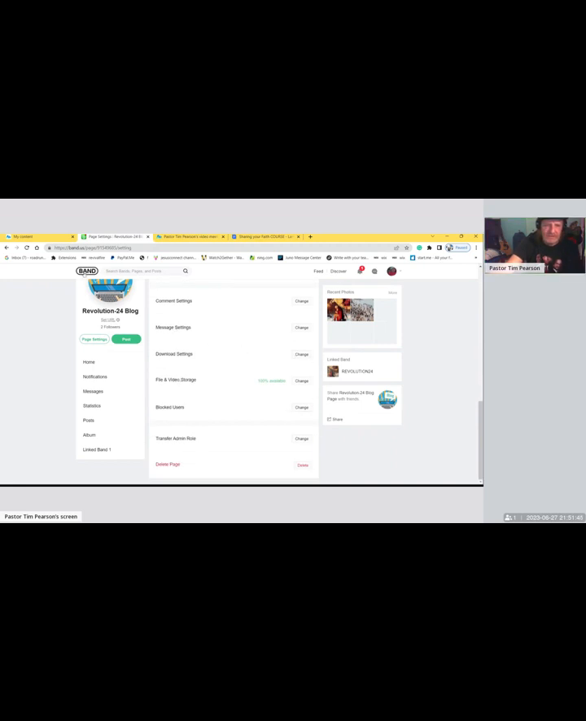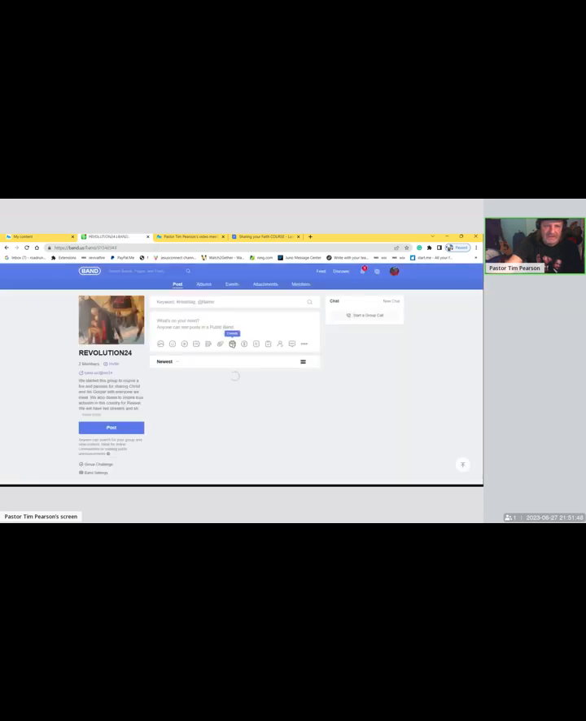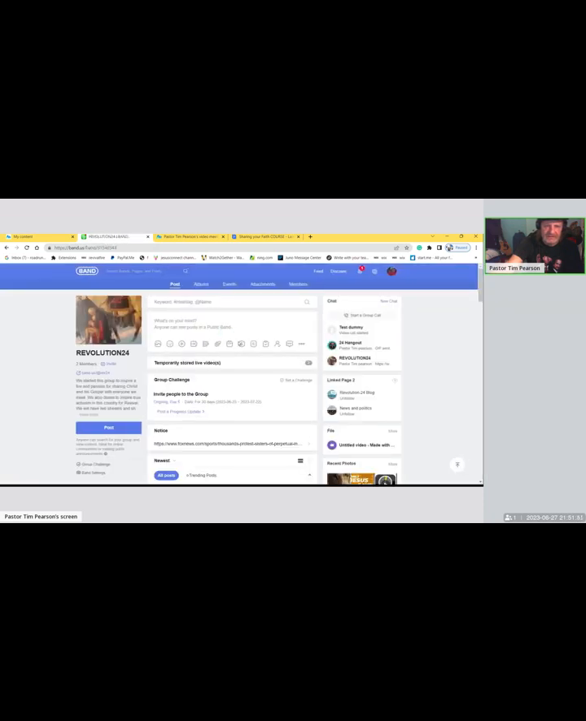And so let's look at what that looks like. You go back to your site, and you'll see right here these two pages that I created: news and politics and Revolution 24 blog. These are actually a separate website from the main page, which is very cumbersome, clumsy, and I don't even understand why they did it. Now it is connected,